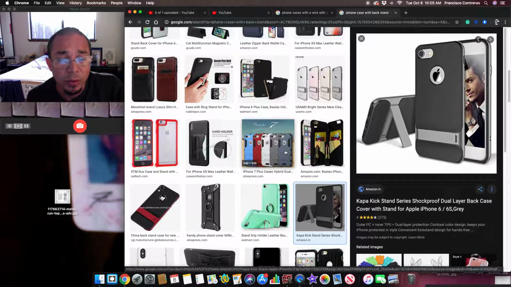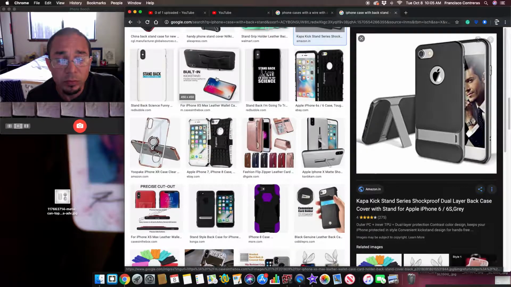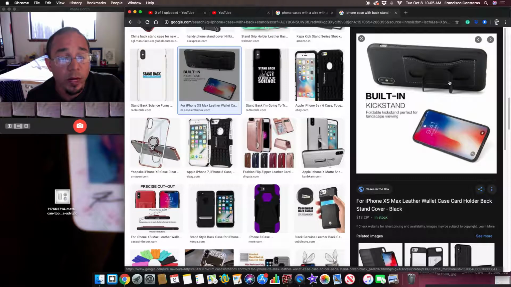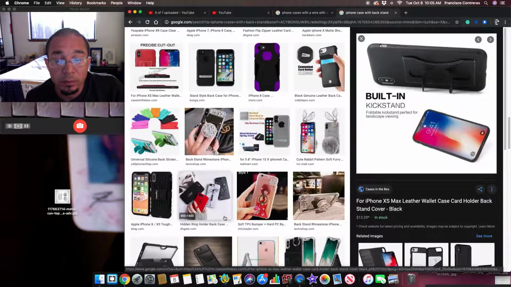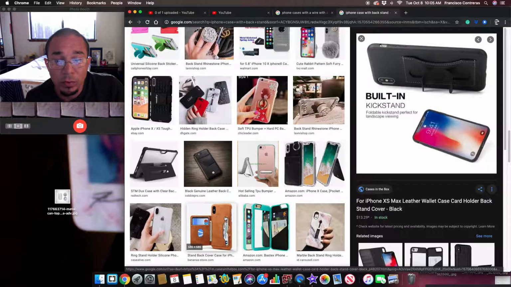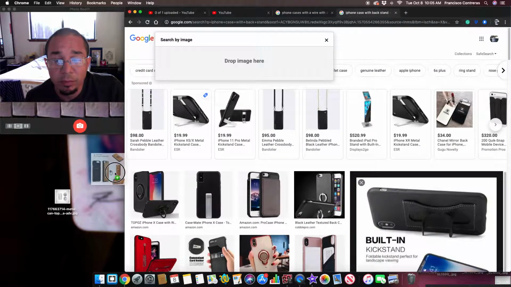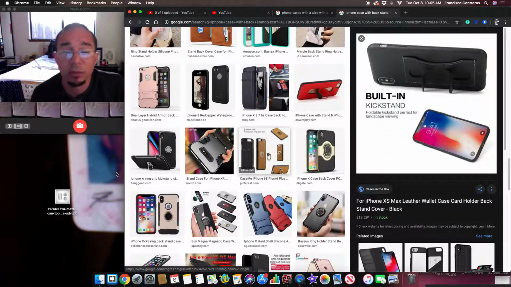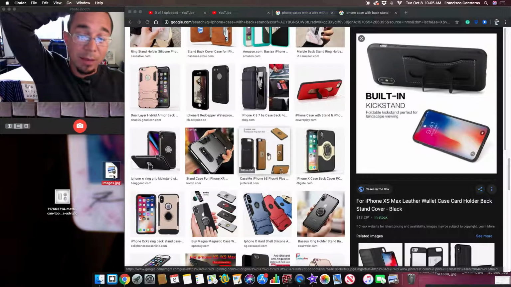So, and I just brought that up so I can talk about what I was thinking and basically how that will work is if I get an image of a phone case, yeah, phone case, and I can basically alter it using my Preview application on my iMac because I don't have